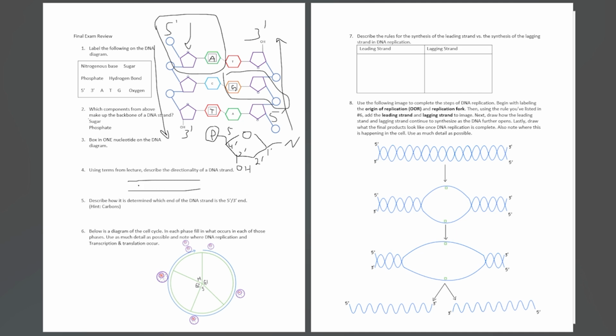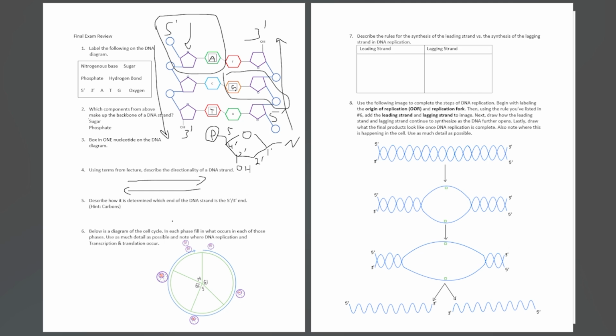Parallel, meaning that we have 2 lines that never intersect, but anti-parallel, meaning that they actually run in opposite directions, right? So one going down and one going up, right? Makes sense, right? So, describe how it's determined which end of the DNA strand is the 5' or the 3'